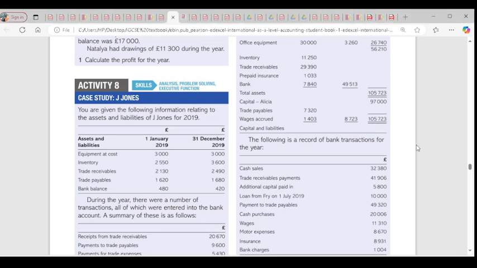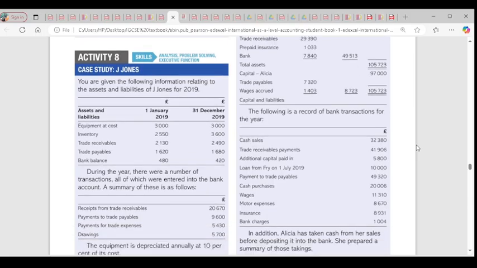We continue with incomplete records. Activity 8. You're given the following information relating to the assets and liabilities of J. Jones for 2019. During the year, this is a transaction. Then during the year,